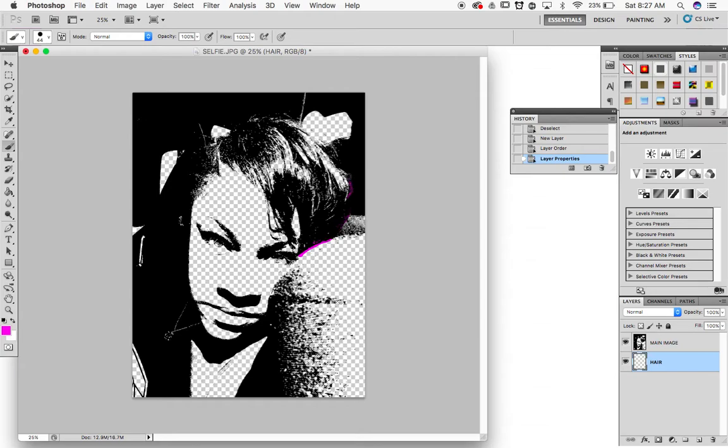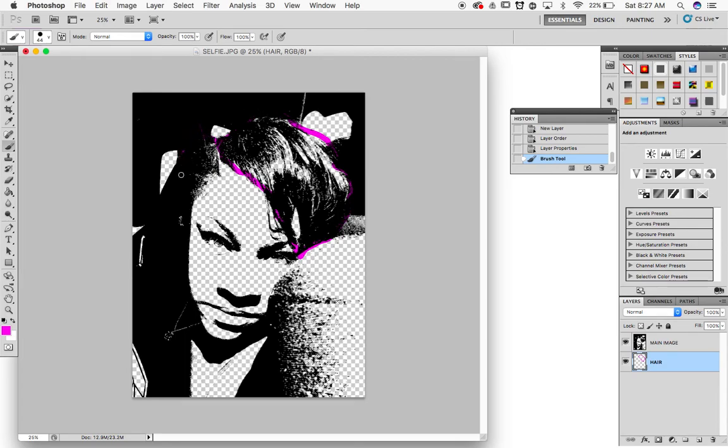So I'm not worried about going into this black right here because nothing's going to show. But I have some of my hair right here, and drag that up. And I'm just going to go around the edge of my hair first, and then I'm going to go in and change the size of my brush and make it larger. Have some of my hair growing in my face here and there. All right. So I know that's where my hair is, and I'm going to come on this side,